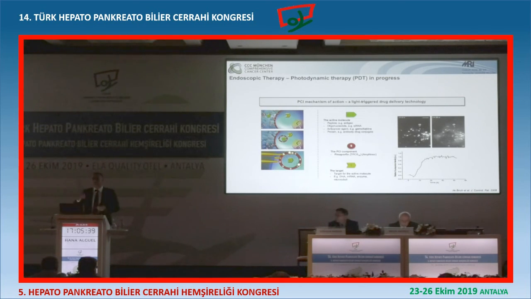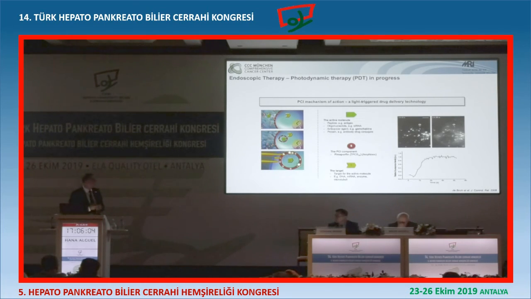As I said, if you give the patients the photosensitizer, this drug basically accumulates in the whole body. So this is why the patients have to wear sunglasses and have to protect themselves from the sun, which is very difficult, particularly in the summer. But things are progressing, and this is the so-called PCI technology, which is a forward technology of the PDT,